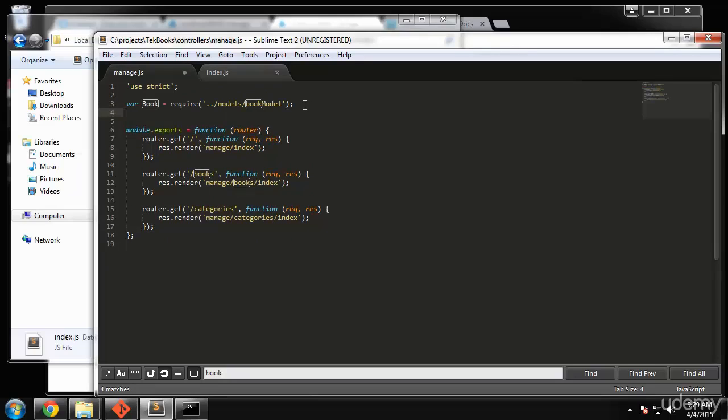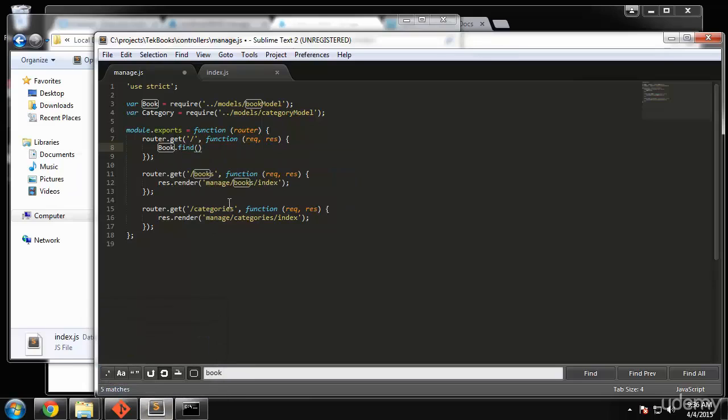All right, let's also do the category model. Okay, and this is going to be very similar to the front end. Okay, so we're going to use